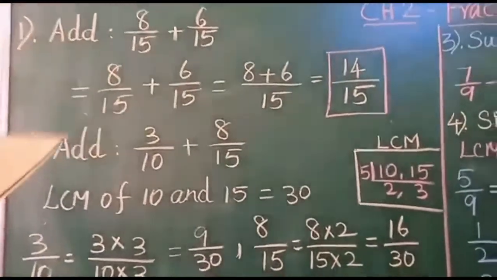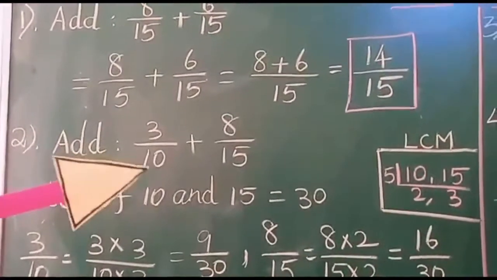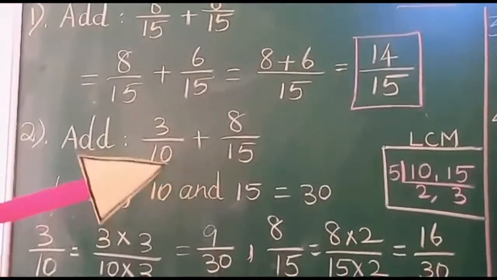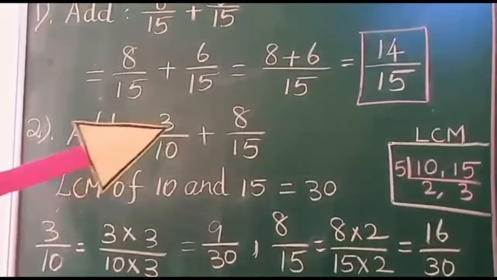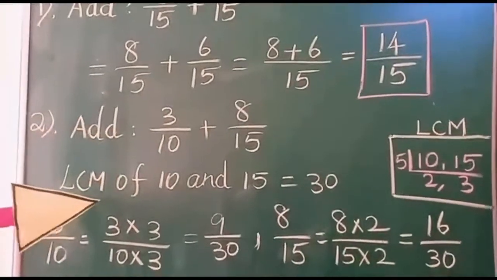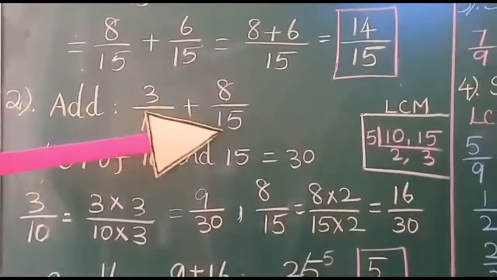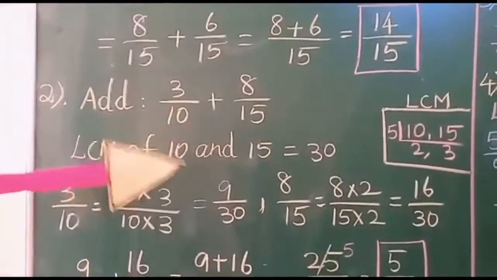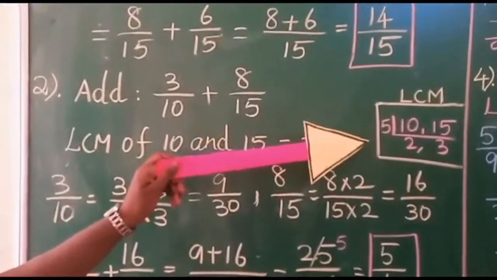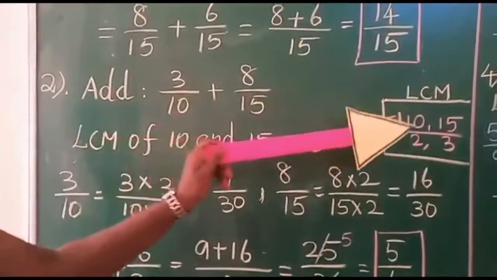Let us move to the addition of unlike fractions. We know that in unlike fractions the denominators are different. So what can we do? How can we add if the denominators are different? I already told you about the LCM. We have to take the LCM of both denominators. What is the LCM of 10 and 5? I have shown you how to find the LCM. So what are the denominators? 10 and 5. So write 10 and 5.